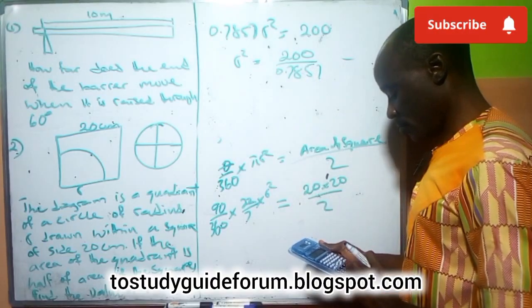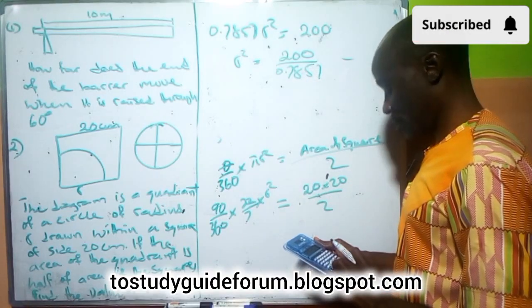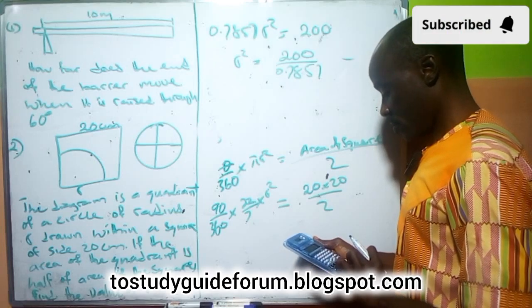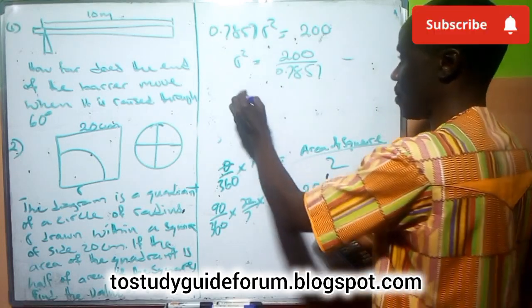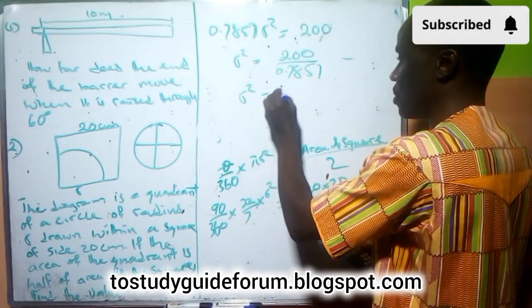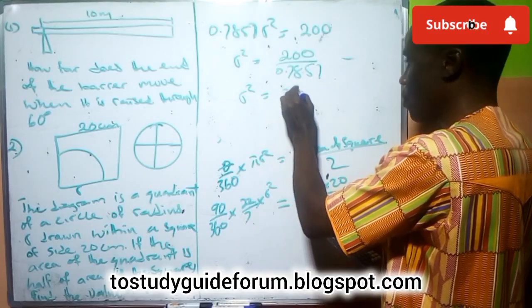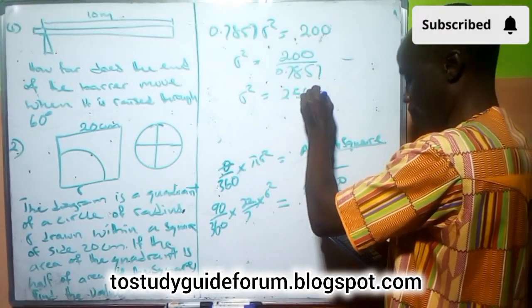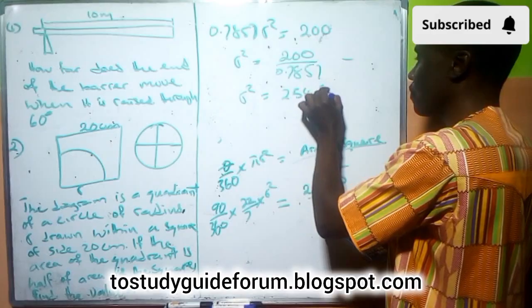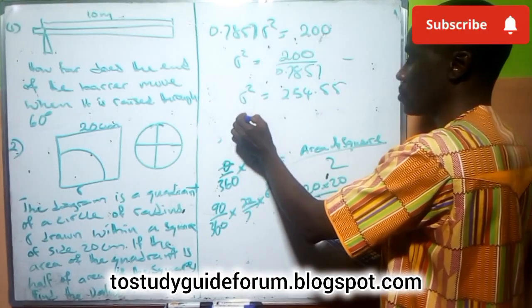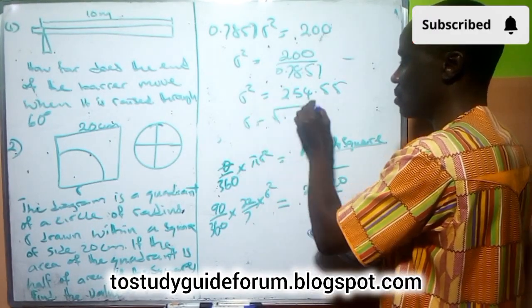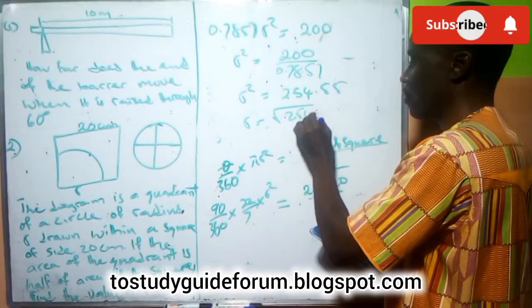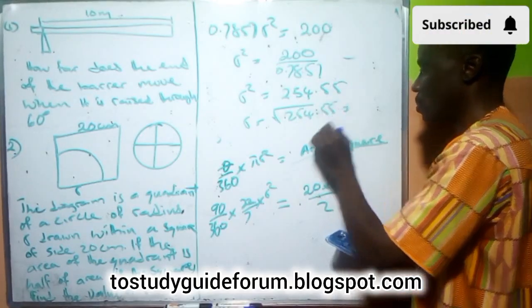So we divide through by 0.7857. What we have here as our radius squared is 254.55. So taking the square root of this value, it will give us